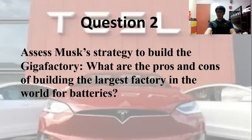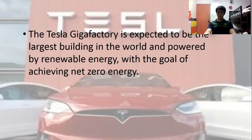The question is about Musk's strategy to build a gigafactory and what the pros and cons are for building the largest factory in the world for batteries. The Tesla gigafactory is expected to be the largest building in the world and powered by renewable energy, with the goal of achieving net zero energy. To determine whether Elon Musk's strategy for building a gigafactory is a good one, there are several factors we need to consider. We follow with the pros and cons for building the largest